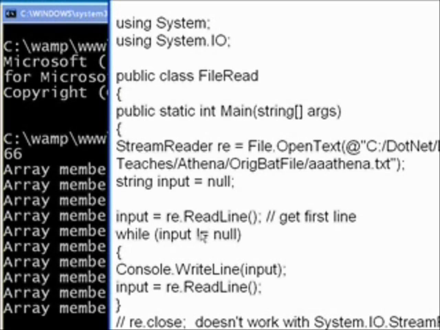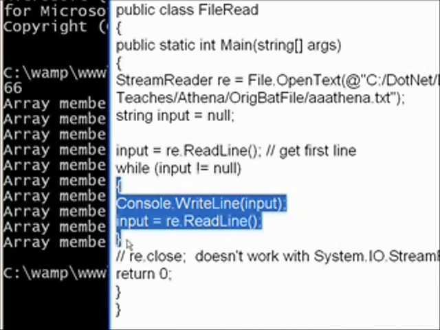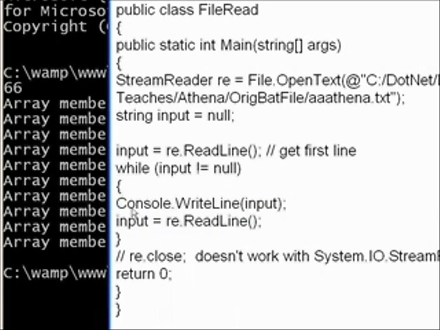fall through and do the body of the loop, which is defined within these curly braces right after the while command. So the first line of what we do inside the loop is a Console.WriteLine, and it writes out the variable input, which should be a string value that the first time through the loop should be the first line of the file. And then the second line in the loop, we do the same operation again. We assign input